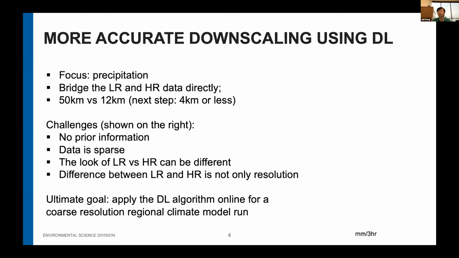So we target high spatial resolution data such as convective-permitting scale, such as 4 kilometers or less, because many studies have shown that the convective-permitting scale can do a much better job than coarse resolution for convective systems. But there are some challenges, as I will talk about in a minute. So we start our exercise, as we present here, based on a 5 kilometer versus 12 kilometer data set. The challenges